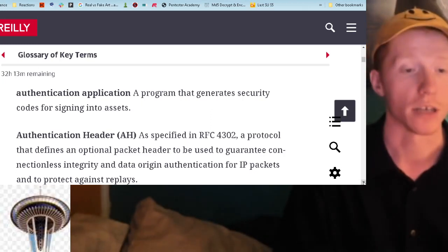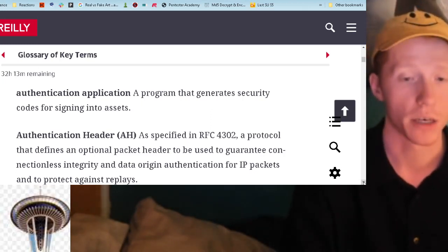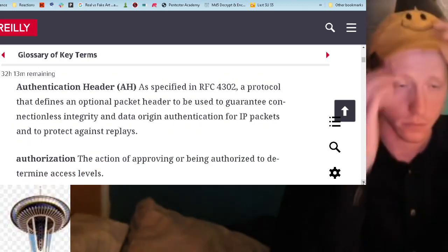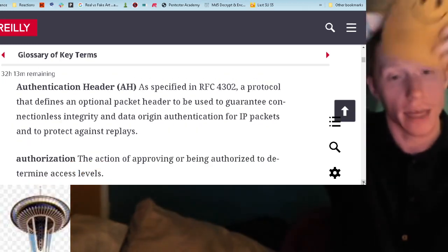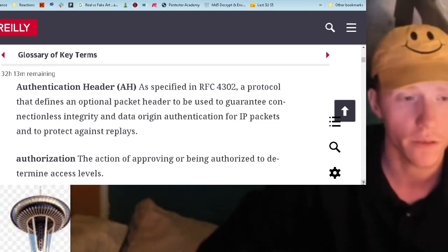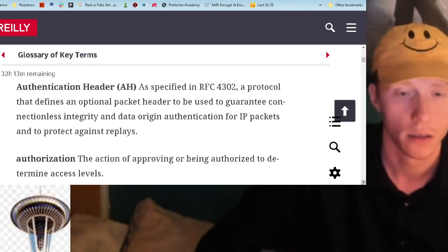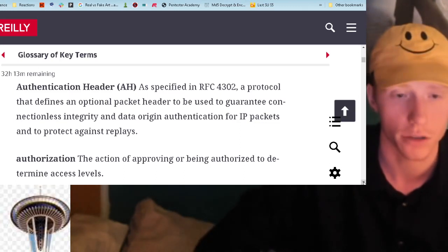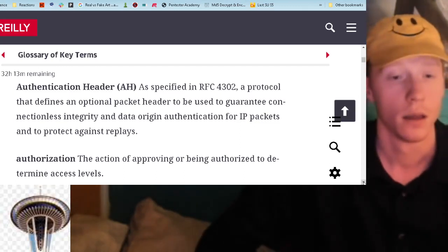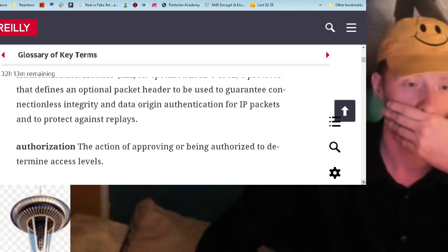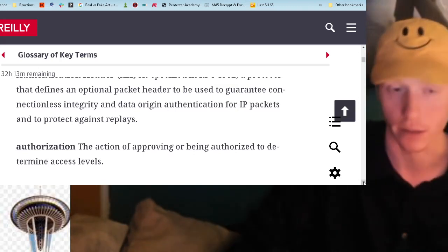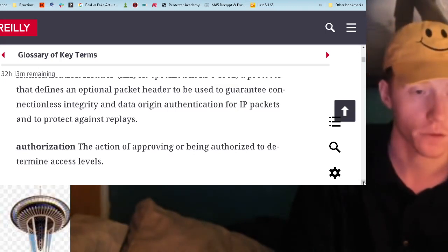An authentication application is a program that generates security codes for signing in to assets. The authentication header is a protocol that defines an optional packet header to be used to guarantee connectionless integrity and data origin authentication for IP packets and to protect against replays. I don't know exactly what a replay is, but